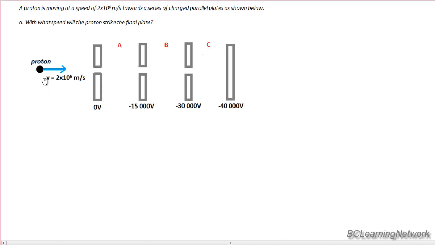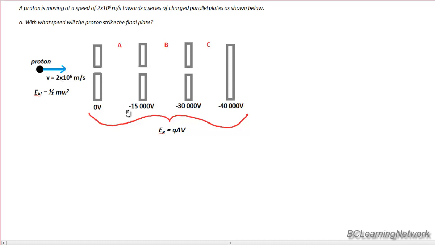So initially the proton is in motion, so it has kinetic energy, and then once it passes through this opening, it starts to experience an electric field generated by these parallel plates all the way to location C, which is our 40,000 volt plate. So let's start by labeling. We've got potential energy stored up between these plates, and the proton initially has kinetic energy. Okay, you can see I've labeled my initial kinetic energy as well as the formula. So the initial kinetic energy of the proton will be 1/2 mass of the proton times its velocity squared,